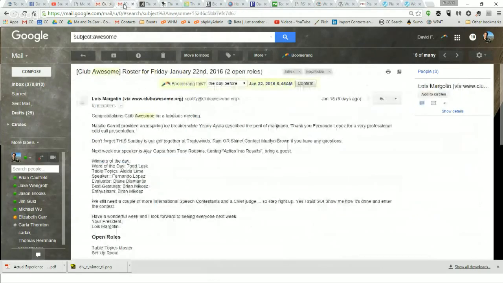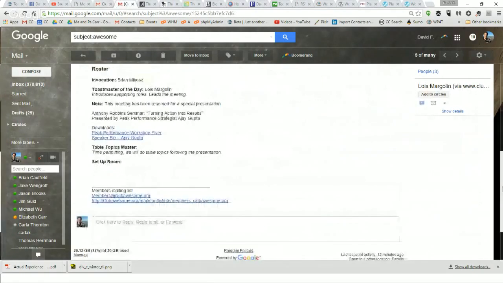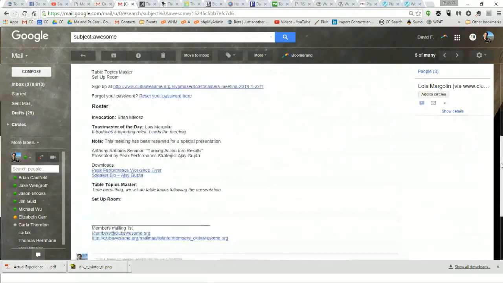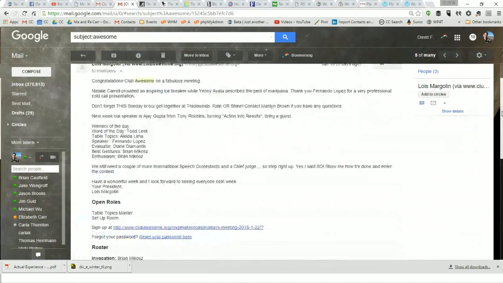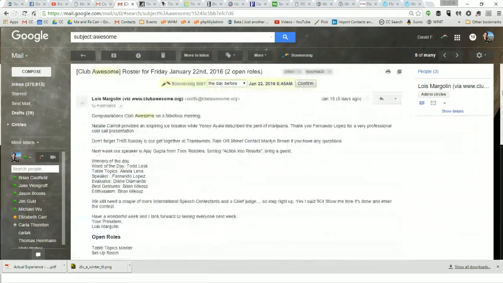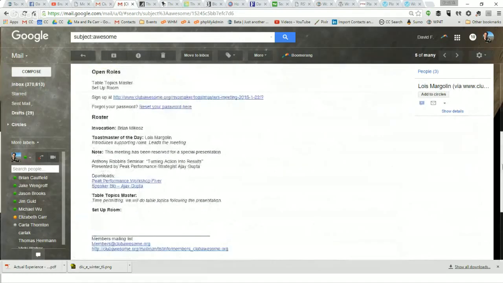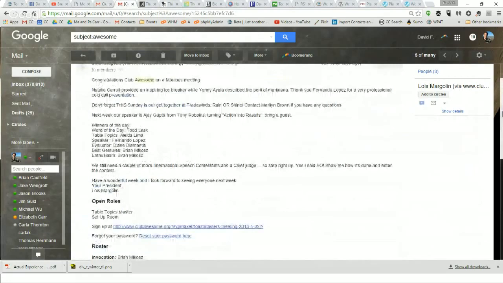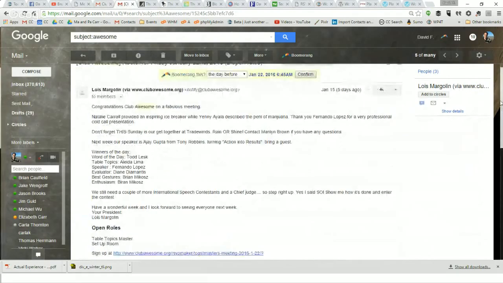We can send out the agenda also with a note on top. And see, this is a short agenda because we're doing a special meeting, but normally that would list everybody who'd signed up for every role in the meeting, and we can add a custom note on top.